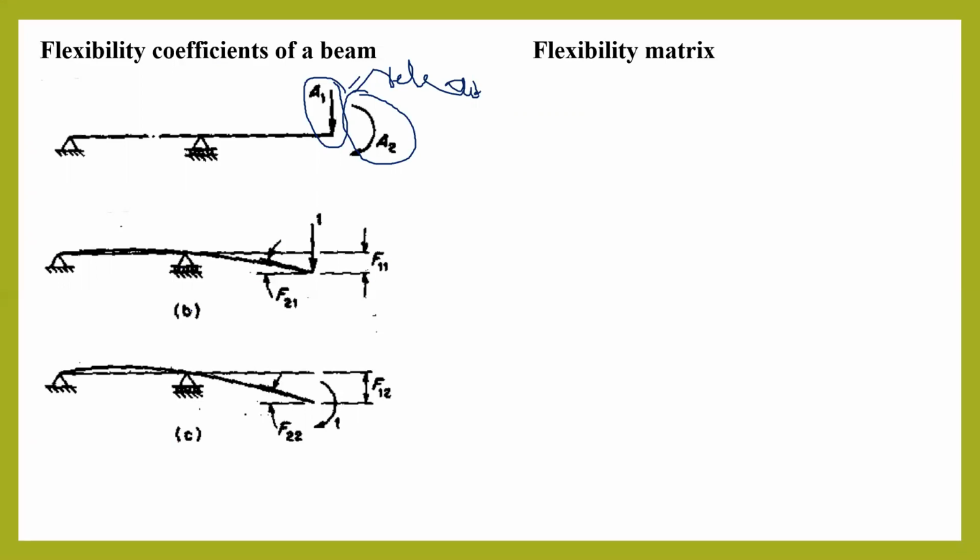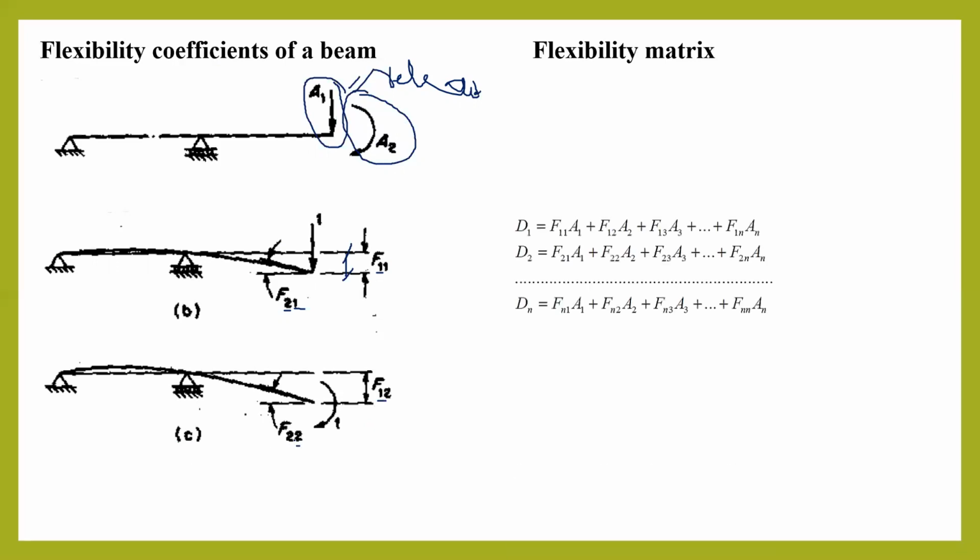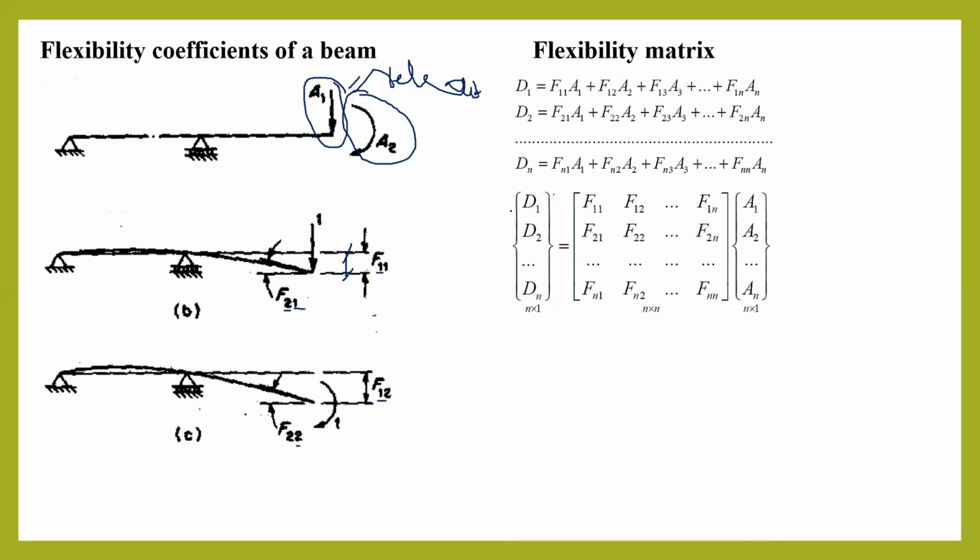First, we are applying the unit force at 1. What will happen? This is a force, so because of the force, it will deform vertically. Now see, this vertical deformation is the deformation at 1 due to unit force at 1, since we applied unit force in the direction of A1. Next, this is a moment, so it will rotate by an amount theta. This is the deformation at 2 due to unit force at 1. Similarly, we do it for the second case also. We apply unit moment, giving F12, F22. So now we will get the corresponding flexibility matrix.